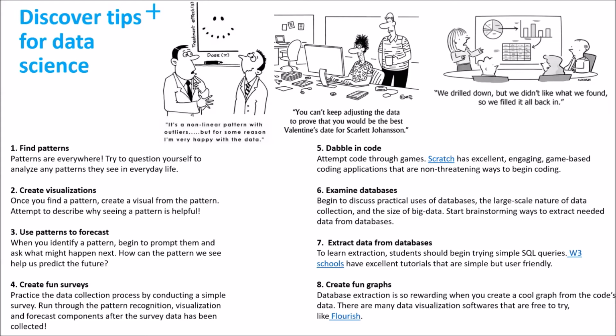Then from this data forecasting, we can also create fun surveys. It's a random sampling, we call it. We have these survey elements given out in a leaflet format. Then we select a random sample of 1,000 or 2,000 people and do a random survey. And we input those survey data into our system, and then we create a data analysis. Then we do a visualization and then we forecast. So those are the 4 elements on the left side.